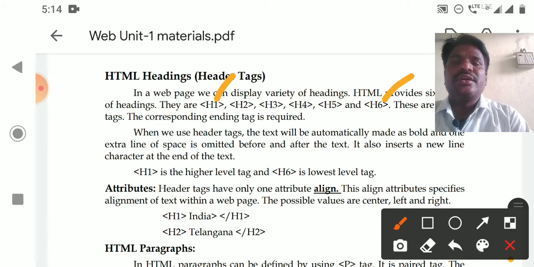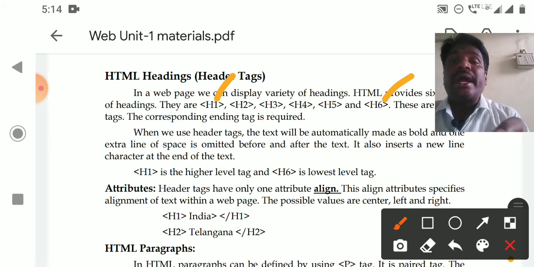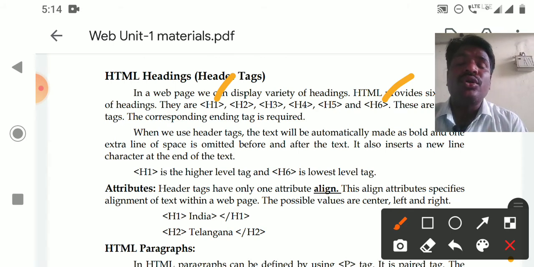So generally for header tags we require the some attributes. So generally H1, H2, H3, H4, H5, H6, these tags define headings for the text. We can add some additional property called where we have to display these headings.